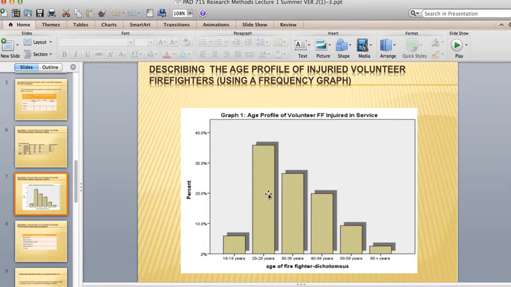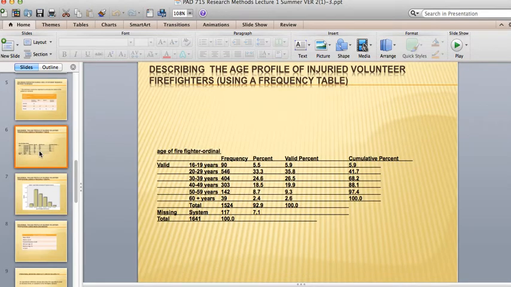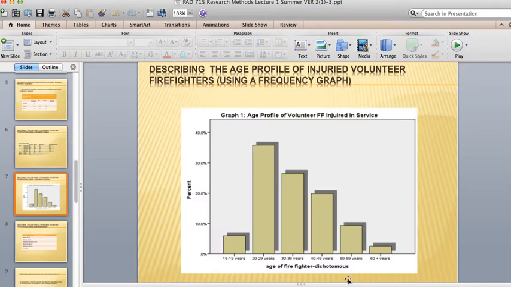And then you could jump to the smallest category and simply say that firefighters 60 years plus who were injured made up a very small proportion of injured firefighters. And that's it. Now, you don't need to go through and report every single bar. Just report the biggest ones that stick out and the smallest ones. And we'll talk more about that